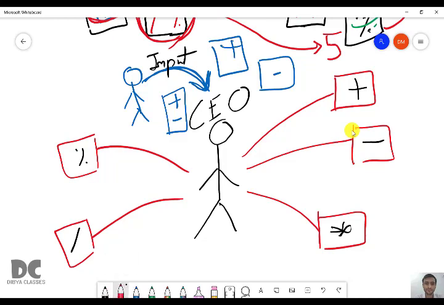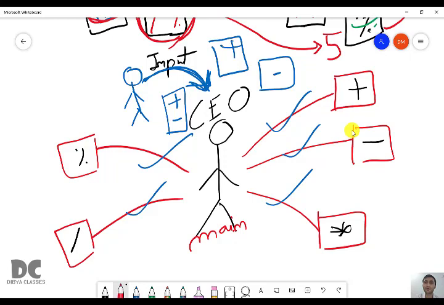This CEO is called the main function. So in all function programs, we will have a function that is the main function. The job of the main function is to handle other functions. The main function is the CEO and he is going to handle the employees. The employees are the other functions. So this person gave the input that take two numbers and add them. That is the input. So what will the CEO do?